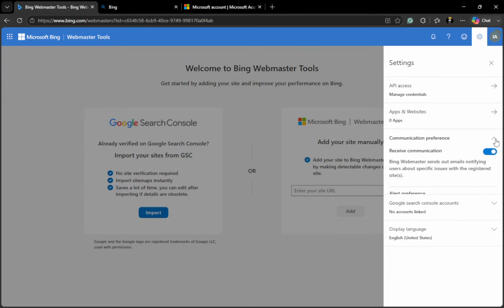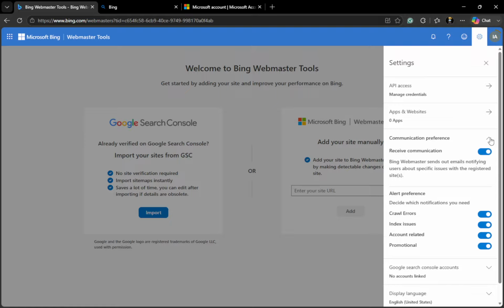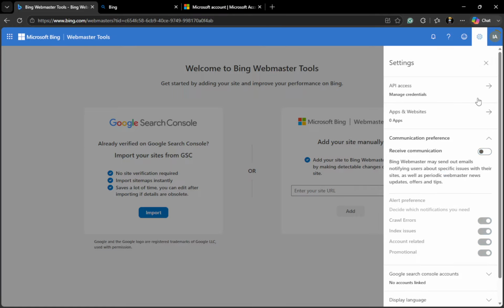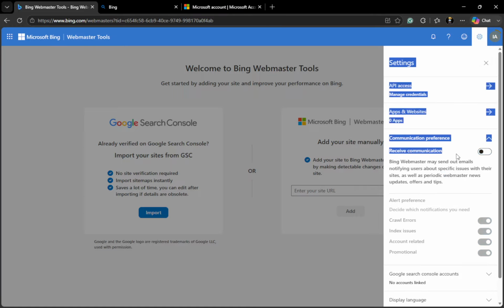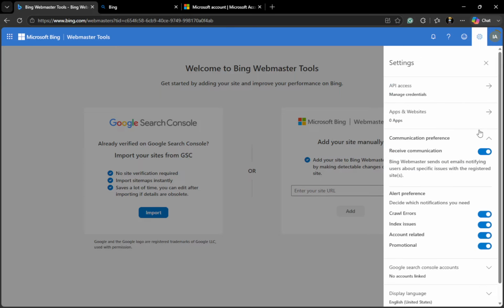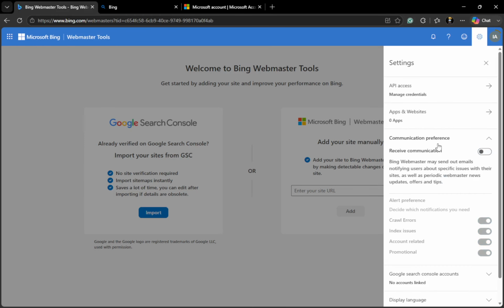This section is where you will manage your email notifications and preferences. It's important to take the time to explore this area as it contains the options for the types of alerts you can receive. By adjusting these preferences, you can optimize your alert system to keep you informed without overwhelming your inbox. This little adjustment can save you time later by ensuring you receive only the most pertinent updates.